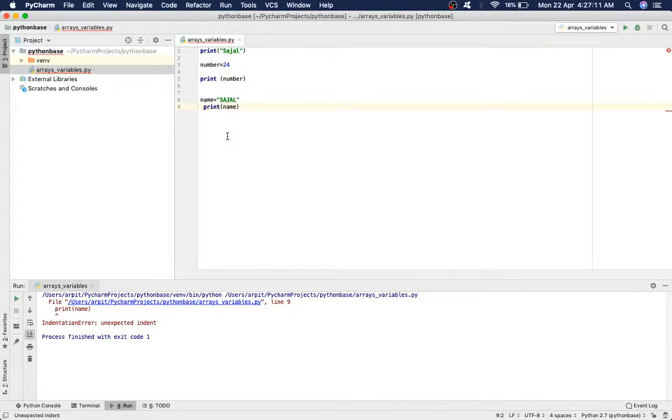Just because you have changed the indentation of this line of code, the output is not coming and it is showing an error, indentation error, unexpected indent. You can see it here. This means that indentation is of foremost importance when we are working on Python. Okay. Now I think you keep it in mind,